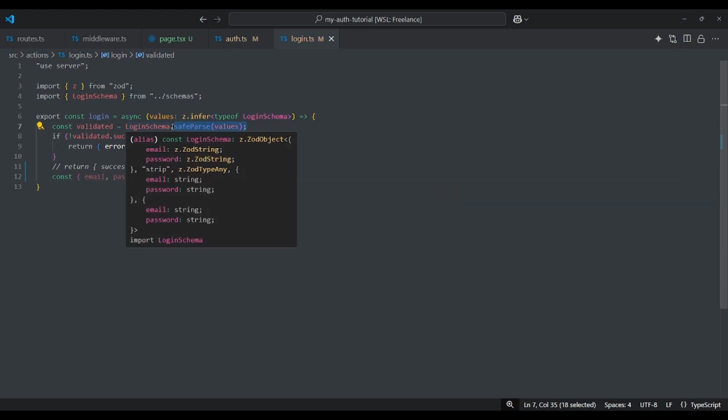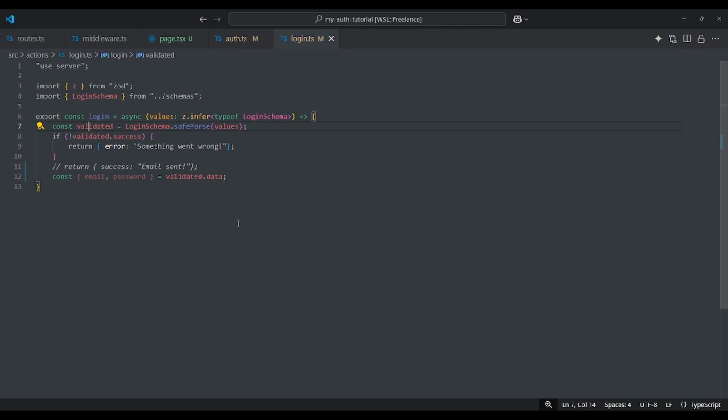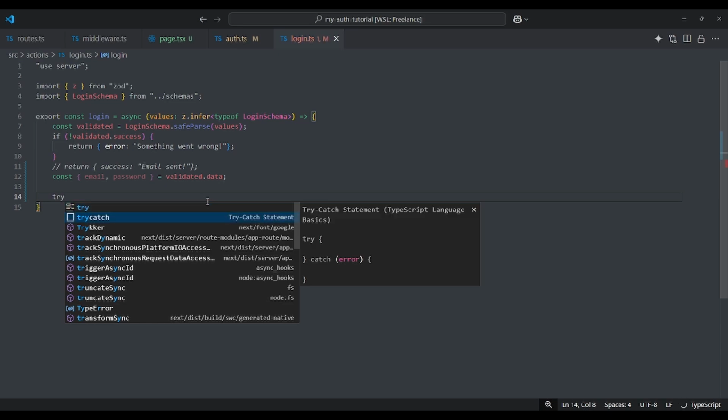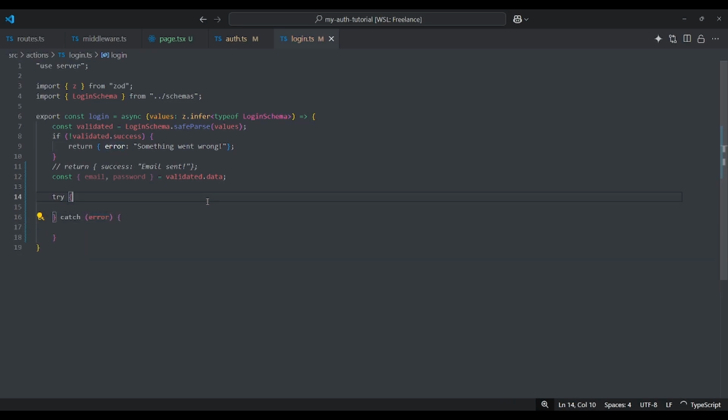So after the safe parse here, we will extract the email and password, and let's process that inside a try catch statement.